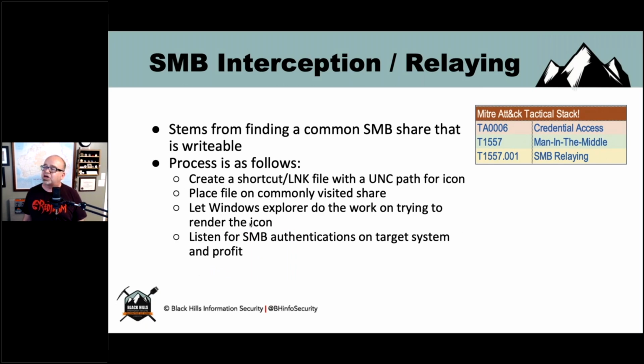It is amazing how many times we will find in an environment that the SMB protocol version 1 is still enabled, unfortunately. And if SMB version 1 is still enabled, not only can you potentially intercept it, but you can potentially relay that intercepted traffic to do something else on a target. The easiest way to do this is to create a shortcut file with a UNC path as an icon, and then place that file on some share in the environment that's commonly visited. Put that as many places as you can, and then you start up some sort of listener in the environment that is listening on TCP 445 for SMB challenge-response authentication,